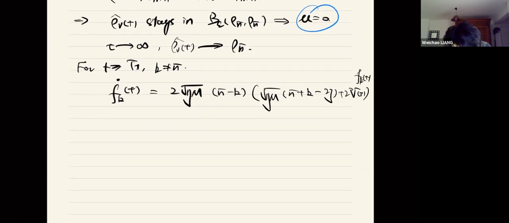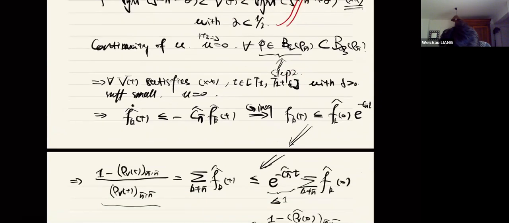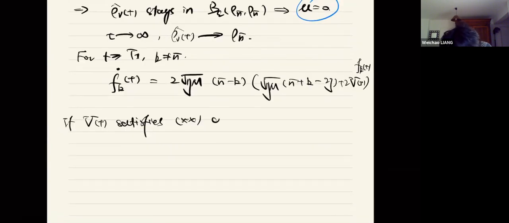So from now on, we focus on the actual state. And if t satisfies the 2 star, which is the condition here, which guarantees that this part is always bounded by a negative constant. Okay, satisfy this 2 star, and this inequality